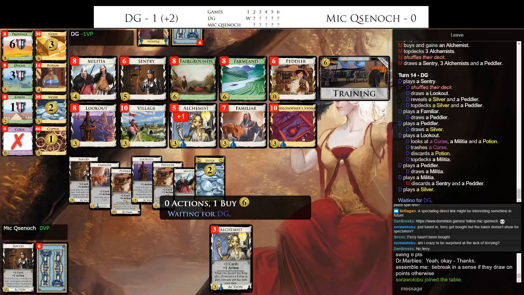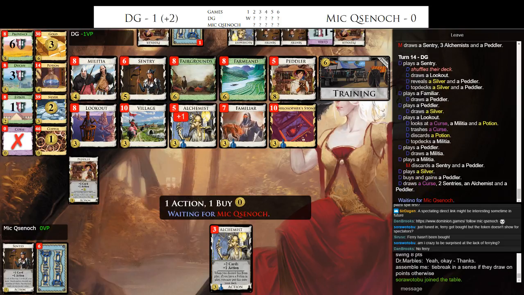And, given these farmland lines, it looks like maybe he does. If he can have that 6 in his deck. Yeah, the trick is having that 6, and it could just be a farmland, like you could buy one right here, but DG did not draw his deck this turn, and I'm not sure how much overdraw Mick has either. We'll have to try to pay attention to that. He did discard a sentry and a peddler, so...